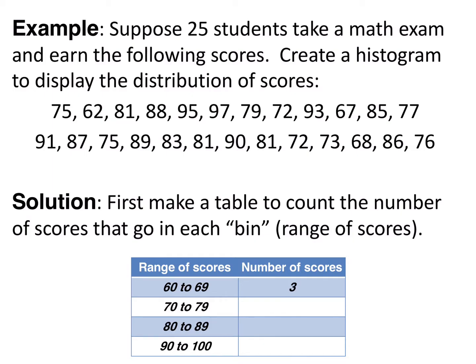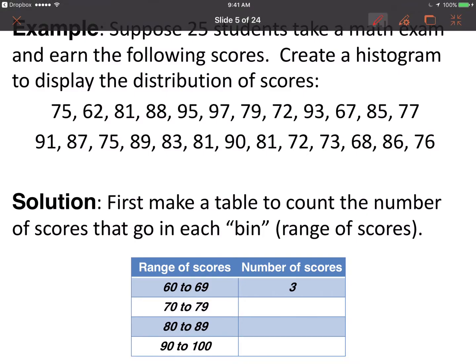go in each bin. So I've already made my bins or classes, we use those words interchangeably, range from 60 to 69, and then 70 to 79, 80 to 89, and 90 to 100. Technically, that's 90 to 99. Now, those first values in those ranges, those are going to be what I mark on my x-axis. All right, so what I want to do is look at these numbers and count how many go in each